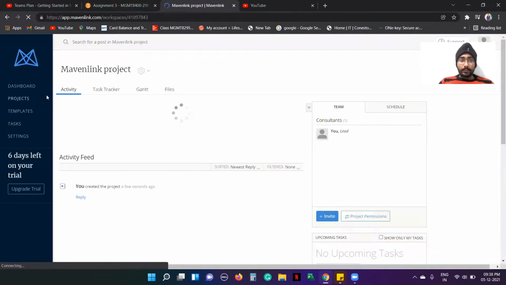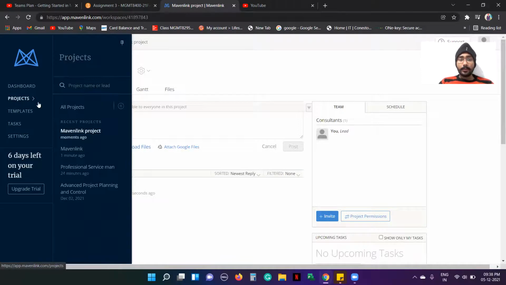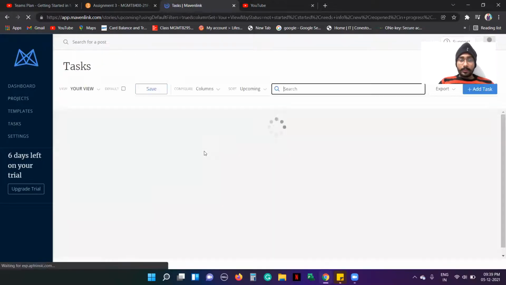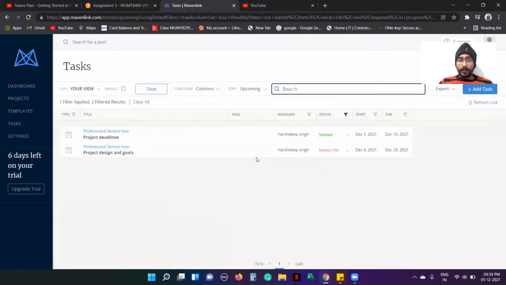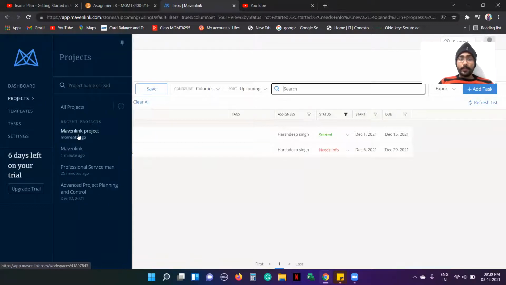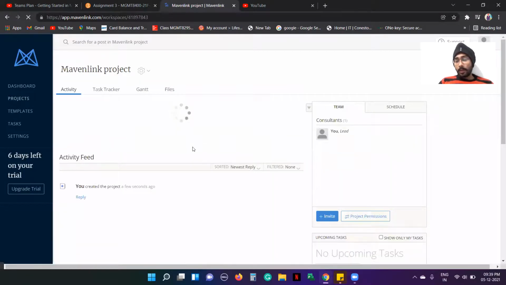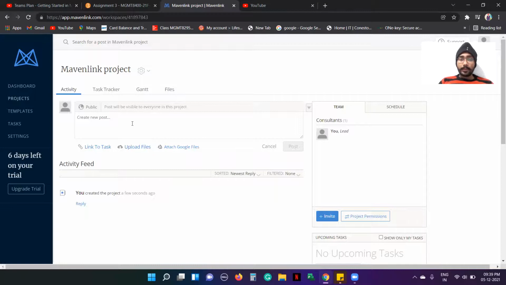After creating the project, we can see our project from the projects tab in the recent projects. After creating the project, we can assign our tasks. We can assign the task to different people, and we can also see the time and the cost of the project at one time.